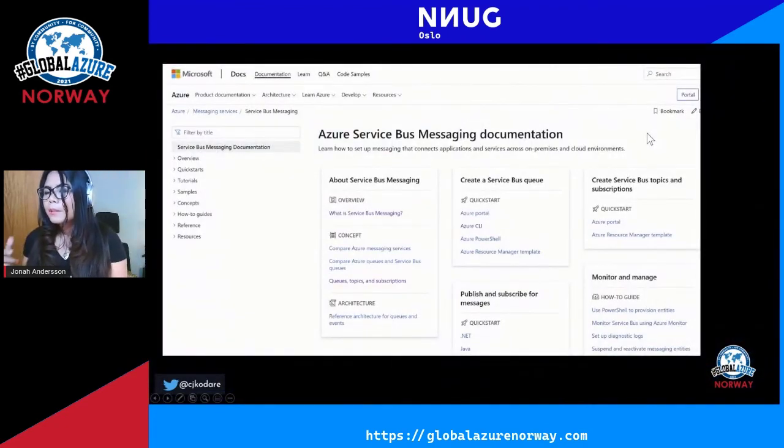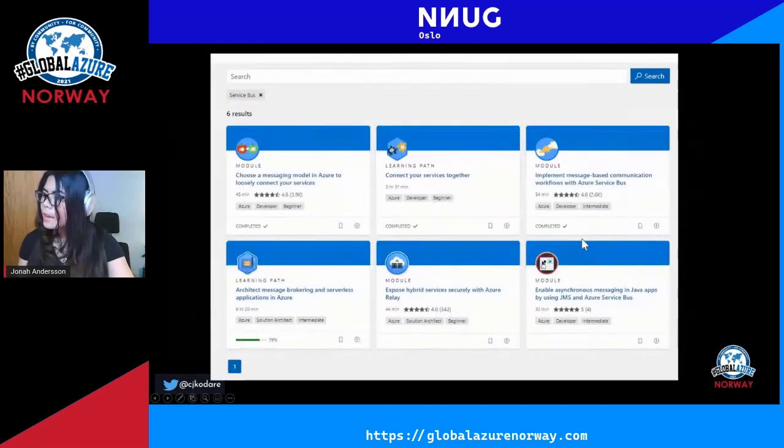But Microsoft has great documentation about Azure Service Bus: a quick start, the basic concepts, the languages that are supported, and how to use it with PowerShell and Azure CLI.